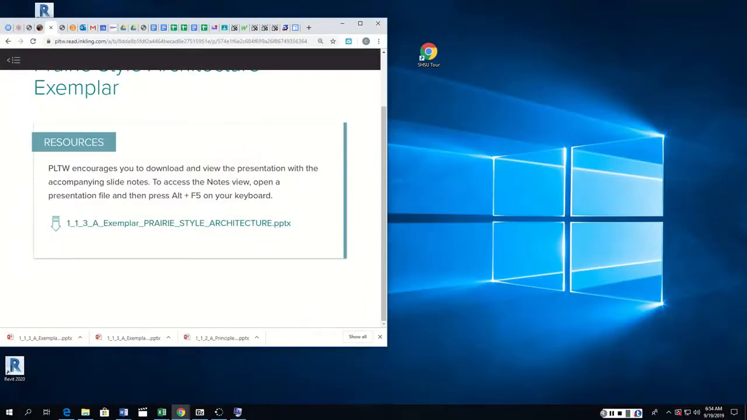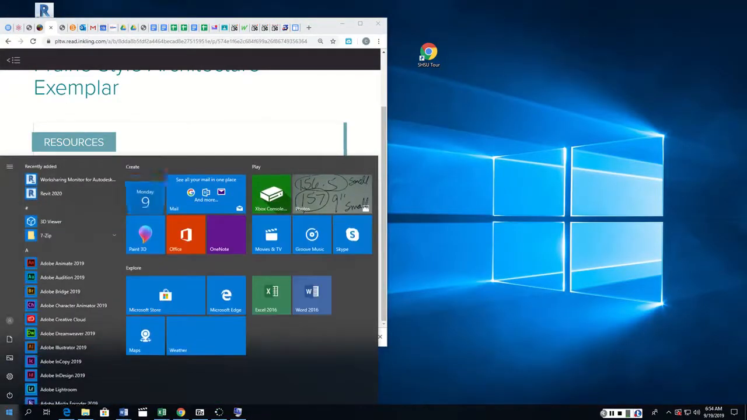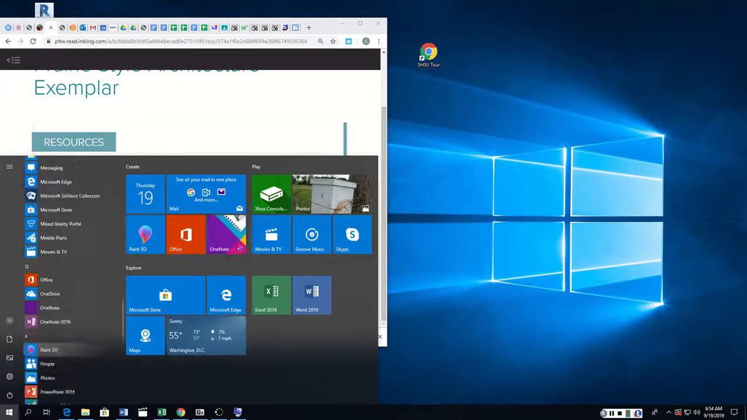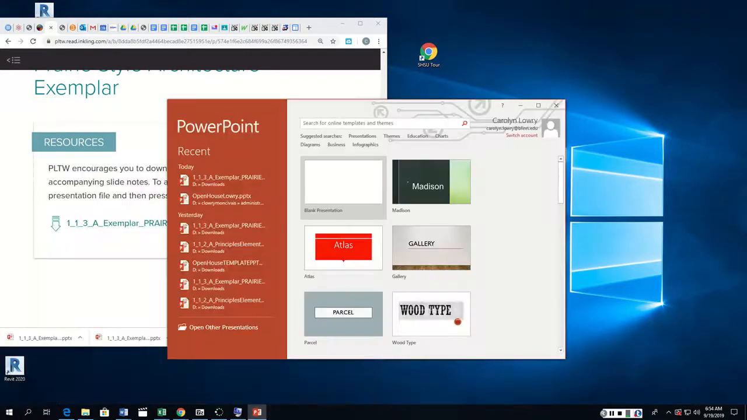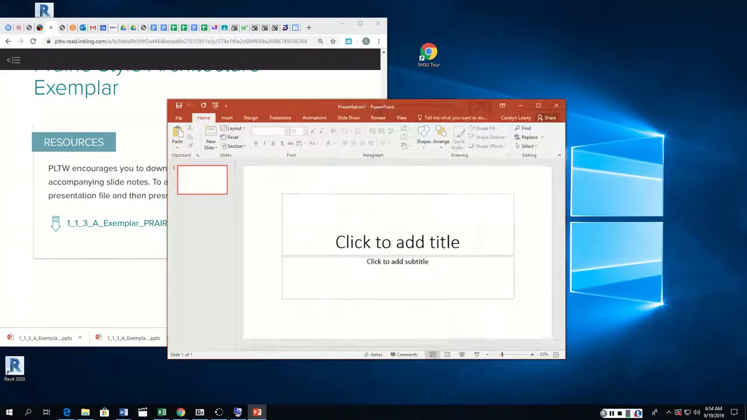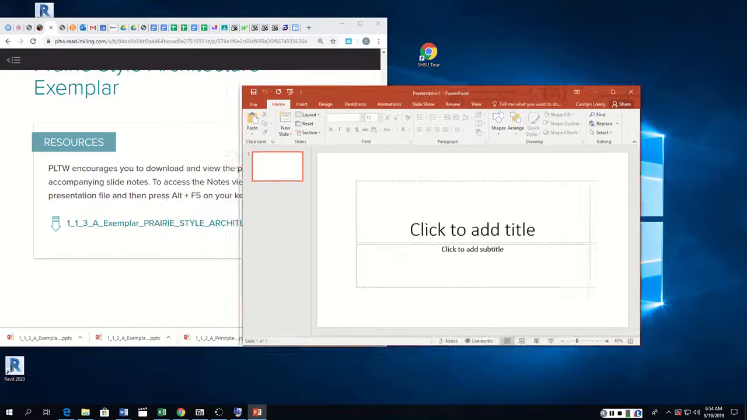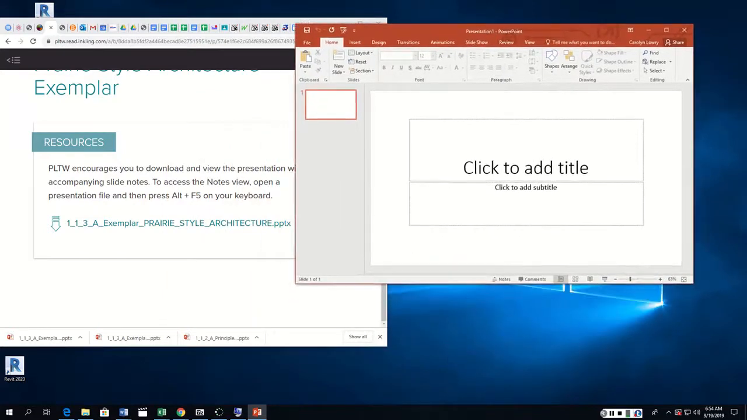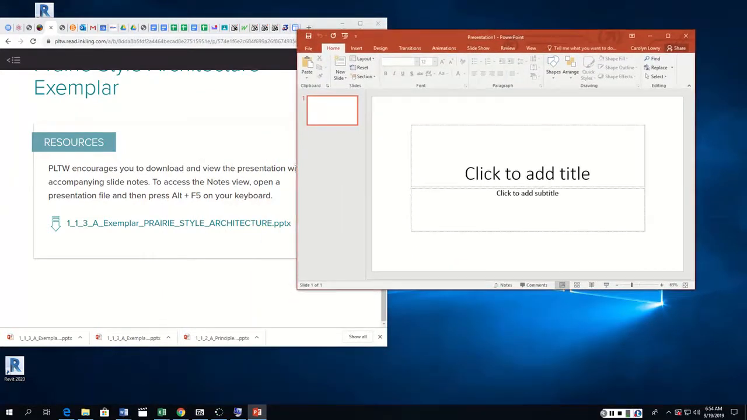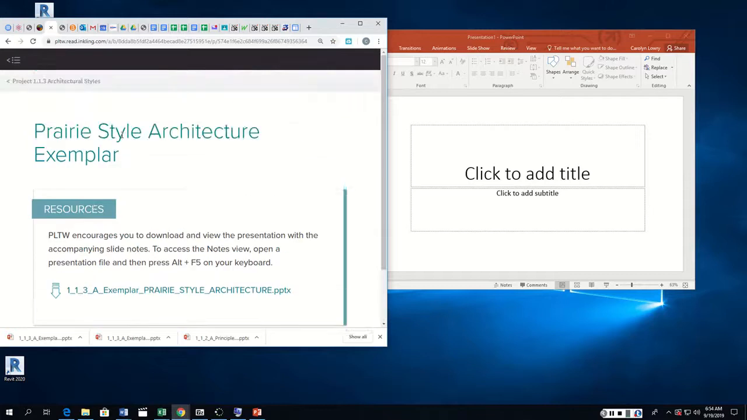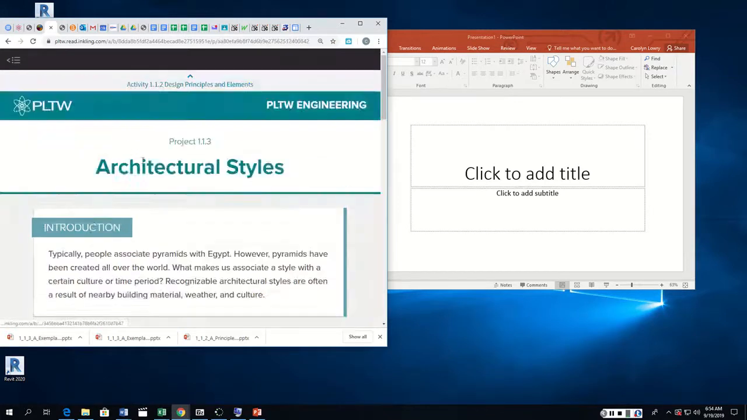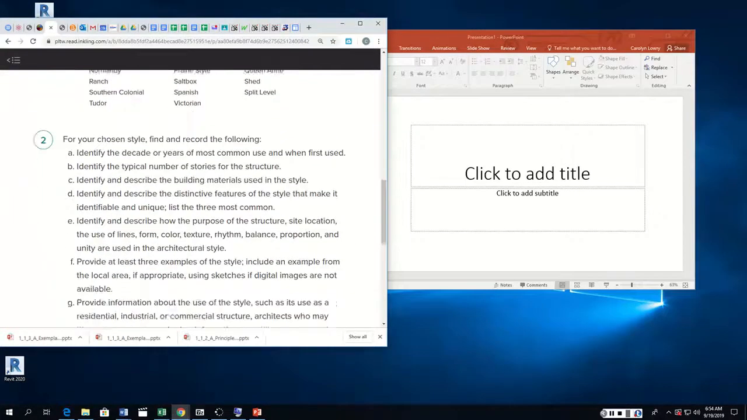So the first thing that we're going to do is open PowerPoint. You could just type PowerPoint into that. I'm just not used to that. So open PowerPoint, do a blank presentation. Now, what I want to show you is how to create your presentation in, I want to go back to architectural styles and to my